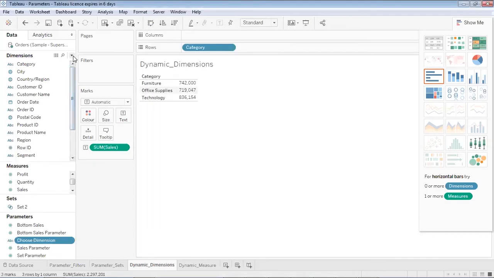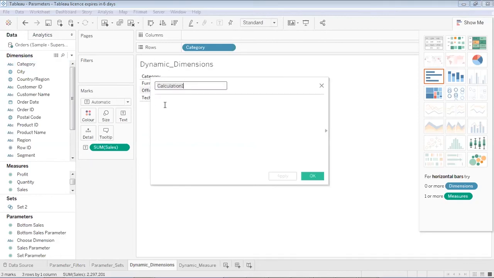Now I'll create a calculated field, and I'll name it dimension. I'll create a switch case over here, which takes the parameter, my choose dimension. What I'm mentioning is that when the value chosen in the choose dimension parameter is category, then use the dimension named category.